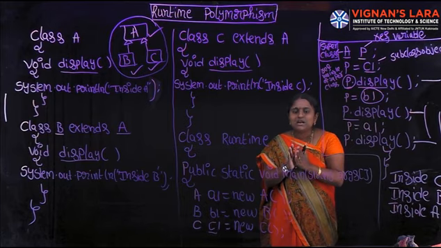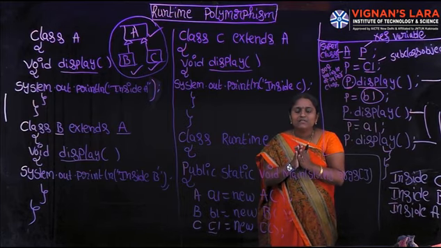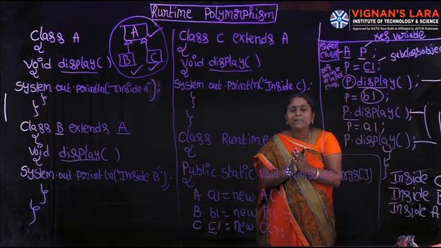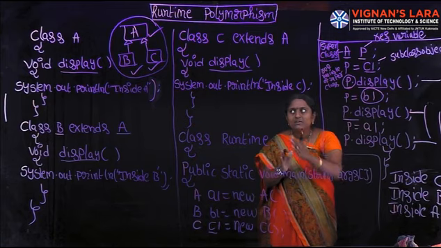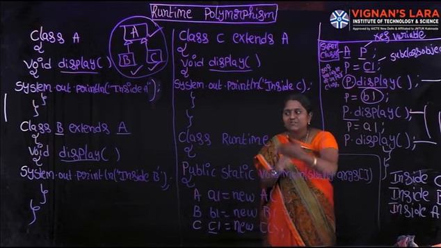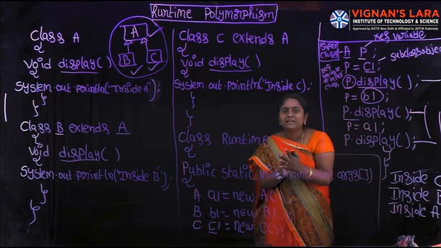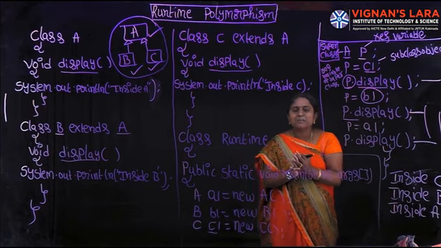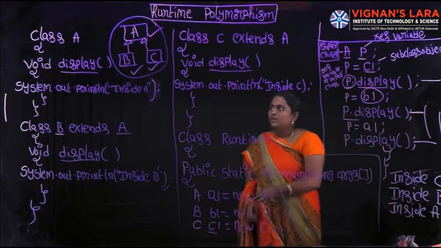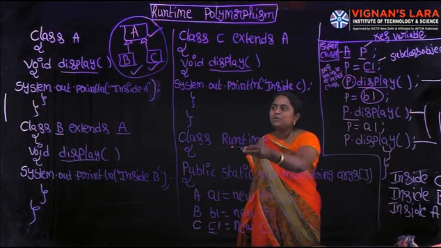That method is overriding. If the method name is the same, the subclass overrides the superclass method. So in our program we have written the display method in both superclass and subclass. Whenever the JVM identifies that the methods are participating,